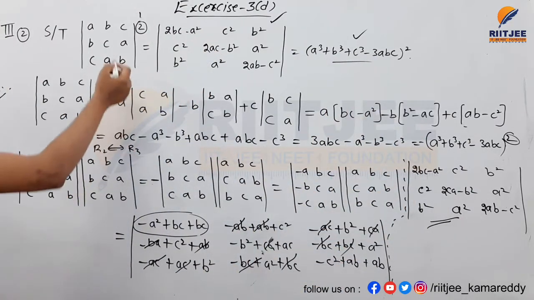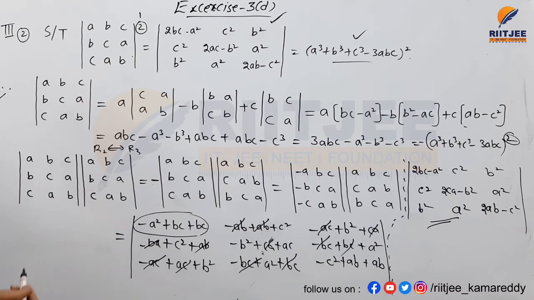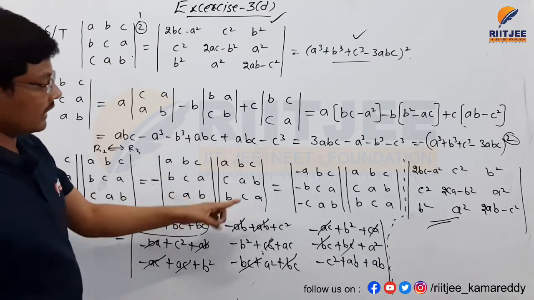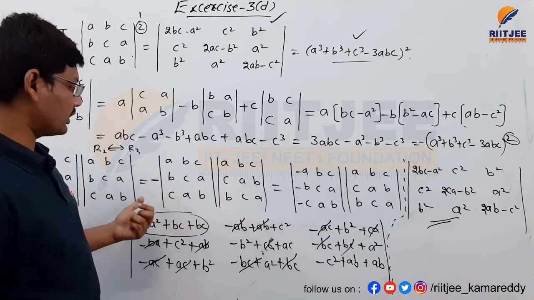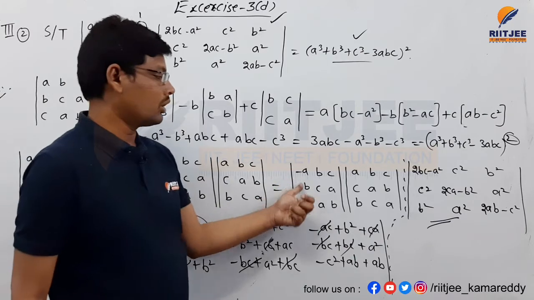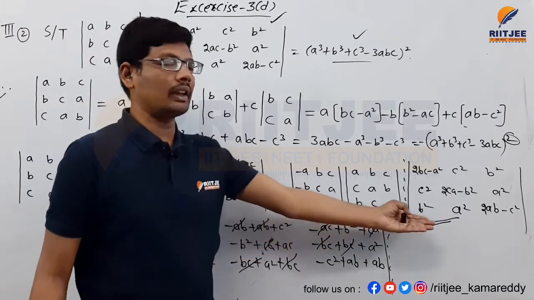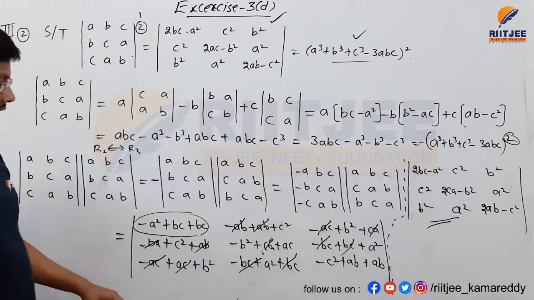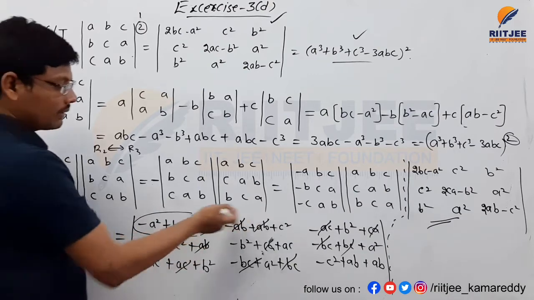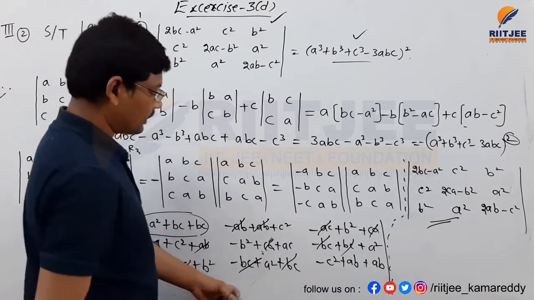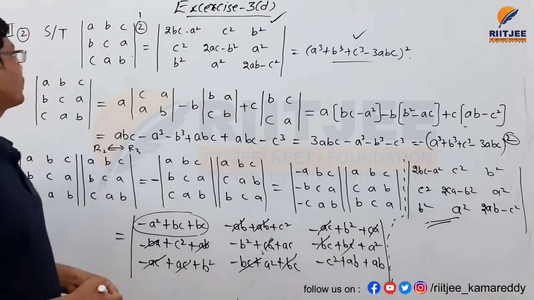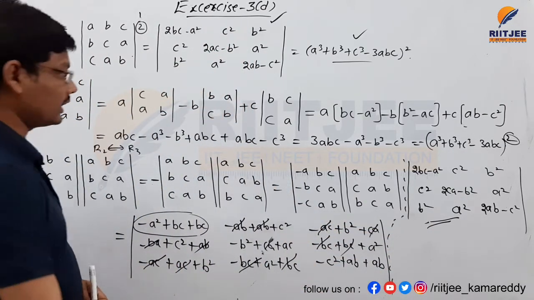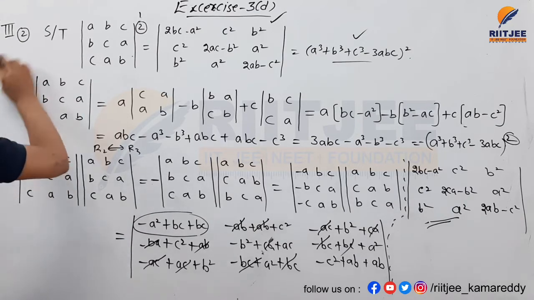And I am taking this determinant here, again determinant square is there, so I am writing 2 times. Here I am interchanging R2 and R3, then it will become interchanged, and I am taking the negative symbol. This negative symbol is multiplied to C1 only. Now I am multiplying the 3 by 3 determinants here, and the determinant multiplication is here, and after eliminating the terms here, this is the final solution for this one. This is all about question number 2 here. And the next one is the third question.